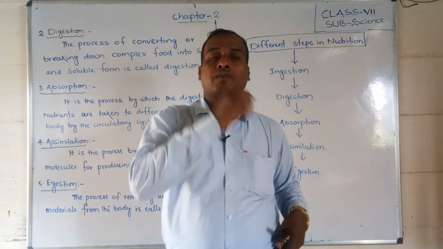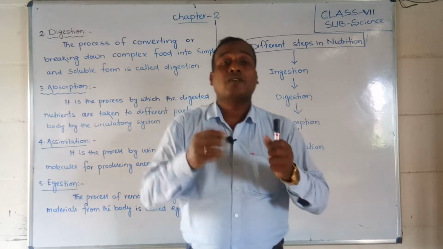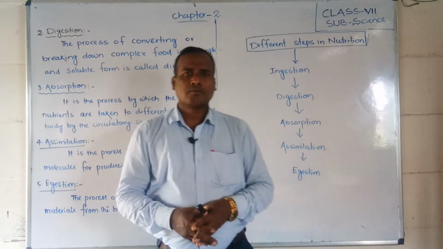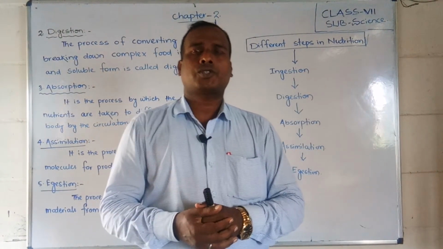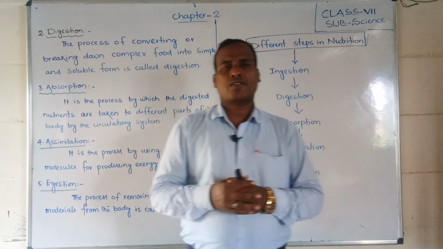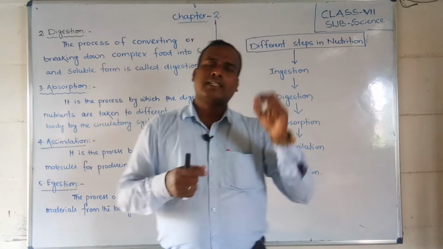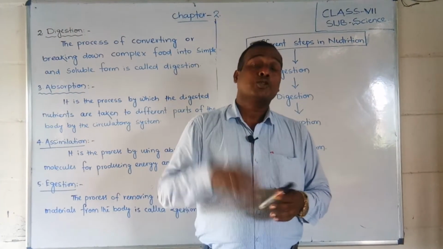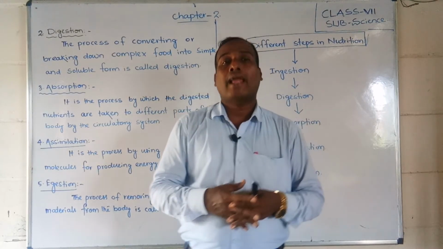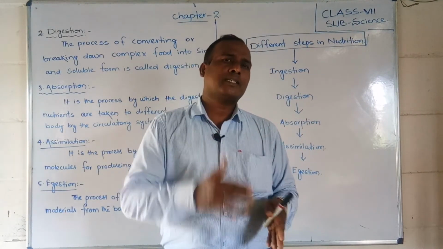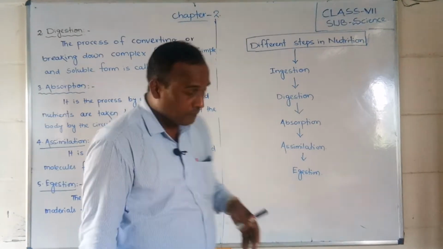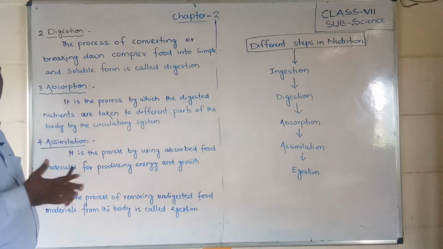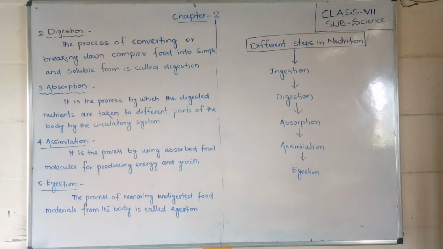Suppose you take proper vitamin A, then you won't face vitamin A deficiency, and you won't face any eye problem. If you are taking calcium-rich foods, then you won't face bone problems or teeth problems. Or if you drink milk every day, then you will get proper calcium, so that your bones will be healthy. Getting such nutrients is called assimilation. After digested food is absorbed, it reaches the different parts of the body, gets growth and produces energy.